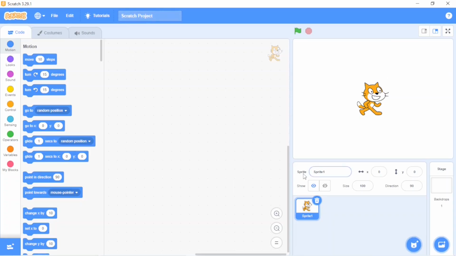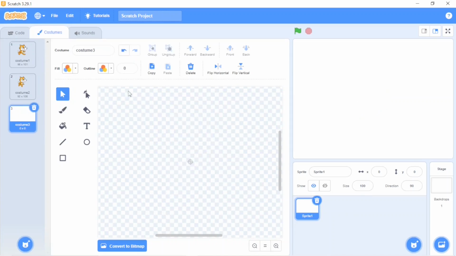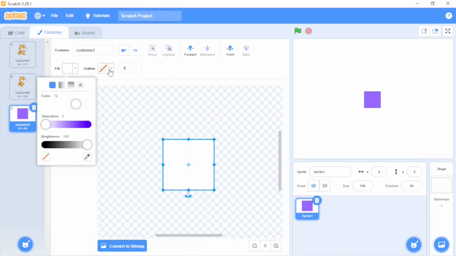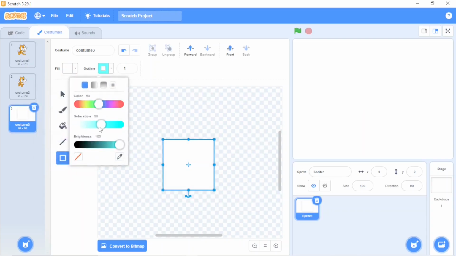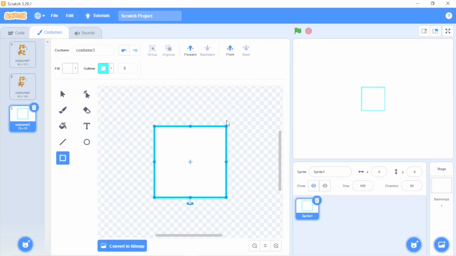First, what I need to do, I'm going to create my sprite. Here, I will take this and I'll go to the costume. And I'm going to take one blank costume and I'll delete this first. And now here I'm going to create one square. Okay, fill color is white. I'll give a very light outline. If you want to give, you give. If you don't want, that's okay. Little bigger. It's done. This is my first costume. I will give the name empty.